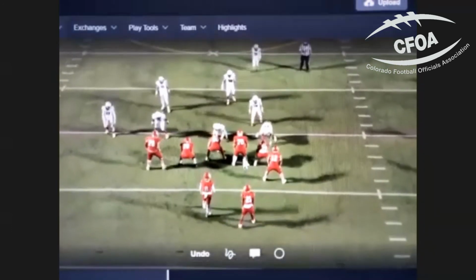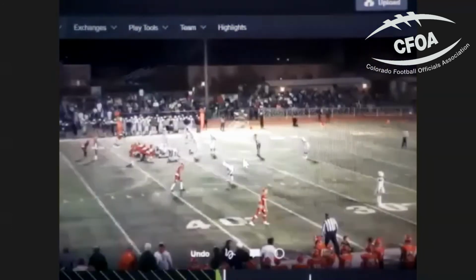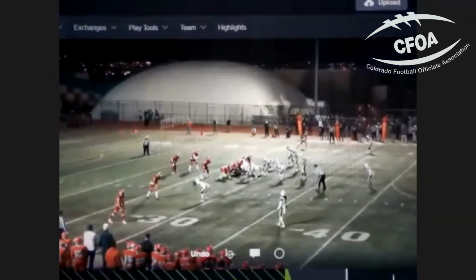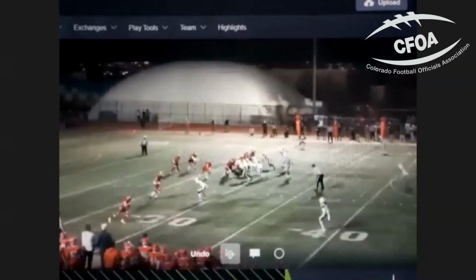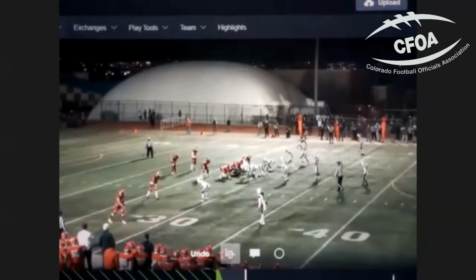So, Coach, sometimes what we'll tell the players is that if they know it's a pass play and they're passing us as umpires, more likely than not, they're going to be downfield illegally.